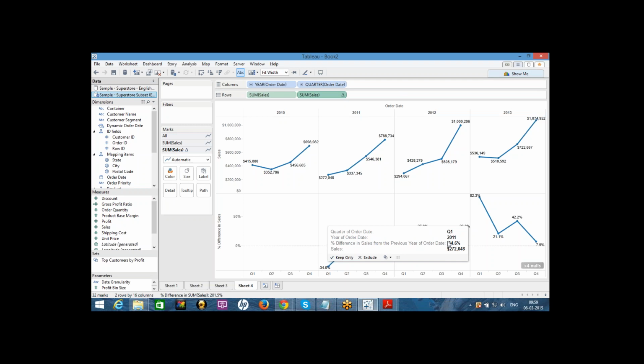Earlier it was year wise, so it took one null value. Now when I'm calculating quarter wise, there are 4 quarters, so it has to take 4 null values, and then calculate the difference between each quarter of every year. So for quarter Q1 of order date and year 2011, the sales difference from the previous year is minus 34.6%. Like that, I got different sales differences from the previous year.